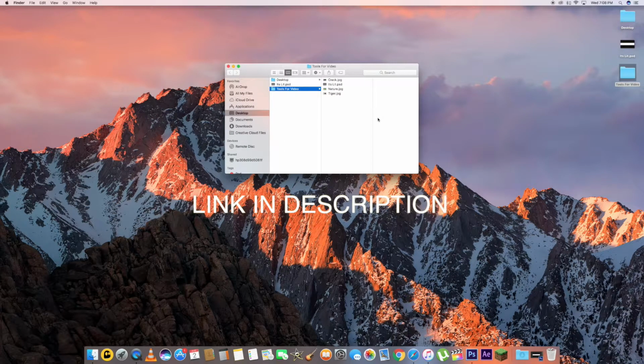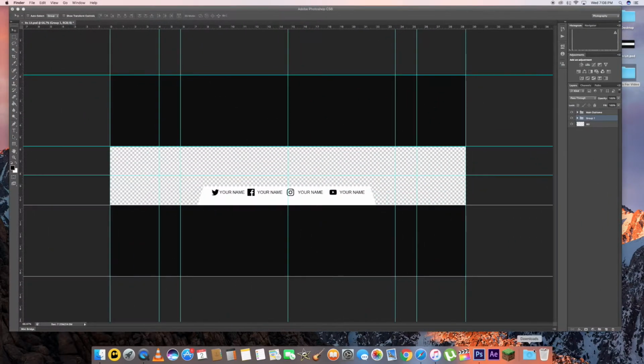If you open up the description box, it says Tools for Video, and there should be a Crack Nature Tiger JPEG file in there, and then it should have an It's Lit PSD. Now if you double click on that PSD, it's going to open up this, and I have already done the due diligence for you guys of making you a nice little white bar here with your social